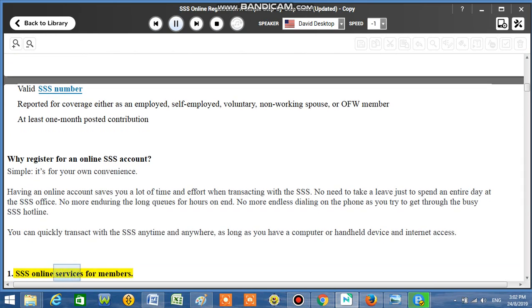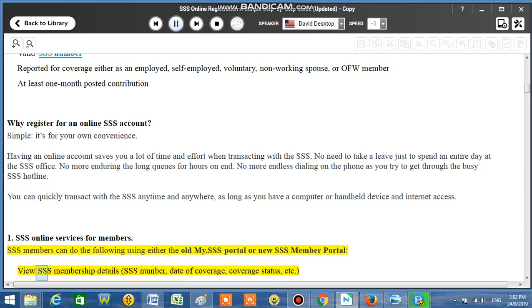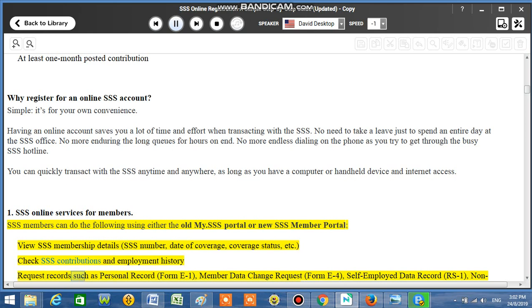1. SSS online services for members. SSS members can do the following using either the old My.SSS portal or new SSS member portal: view SSS membership details, SSS number, date of coverage, coverage status, etc. Check SSS contributions and employment history, request records such as personal record, Form E1,